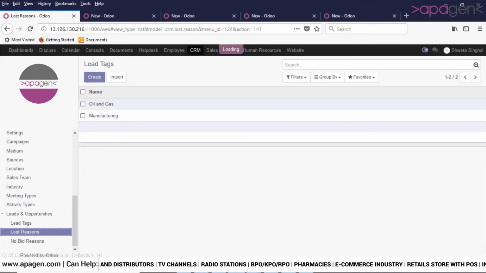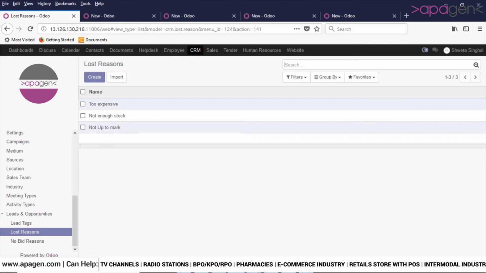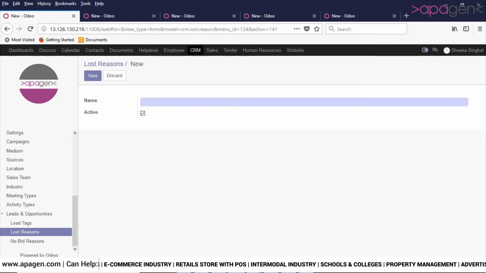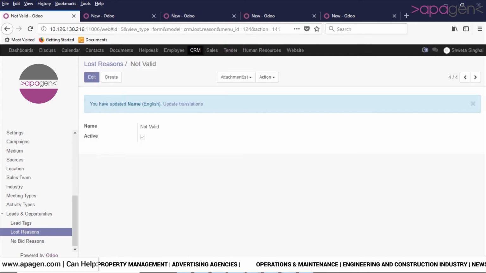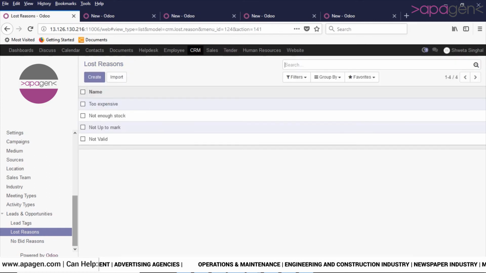In lost reason, you can enter multiple lost reasons for your opportunity by clicking on the create button. For example, here I am creating not valid as a lost reason. So click on the save button. This lost reason will appear when your opportunity is lost.